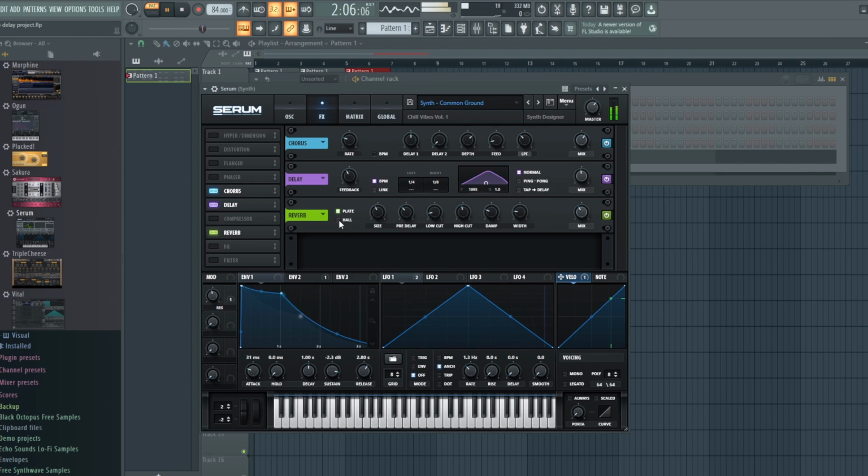I actually like the plate a little bit more. And I think the plate reverb is actually a better option for this type of sound at least. So the important thing here to kind of recognize is that